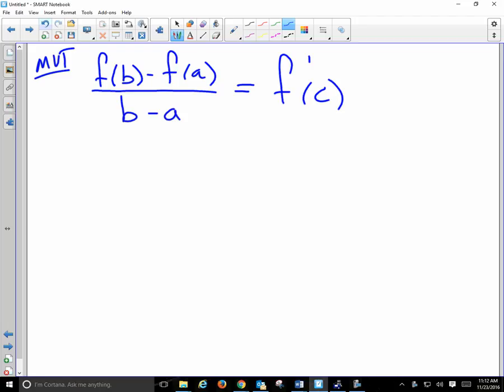We have the mean value theorem. The mean value theorem is f of b minus f of a over b minus a is equal to f prime of c. And what that means is if you have a function that is differentiable and continuous over the interval a to b,